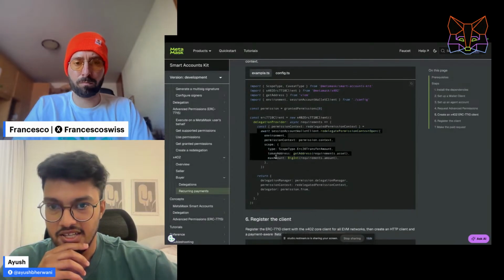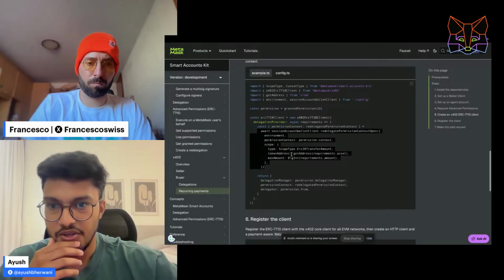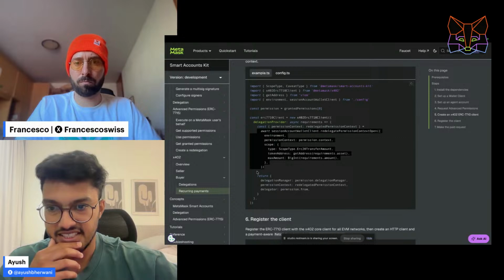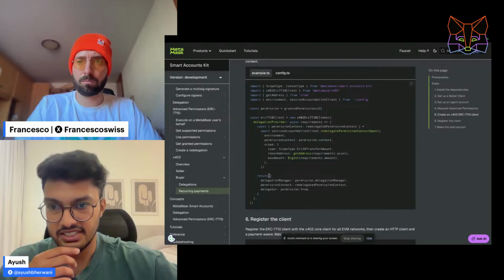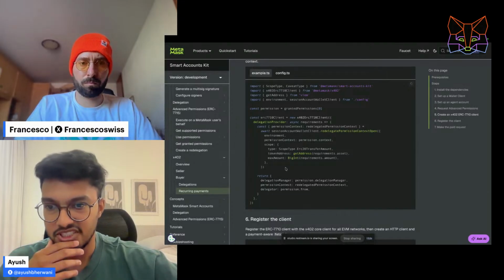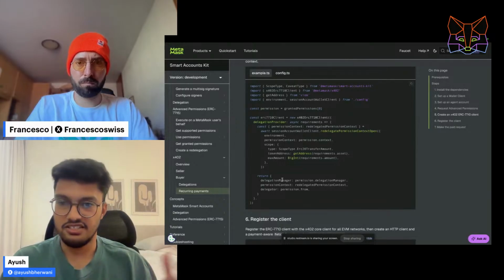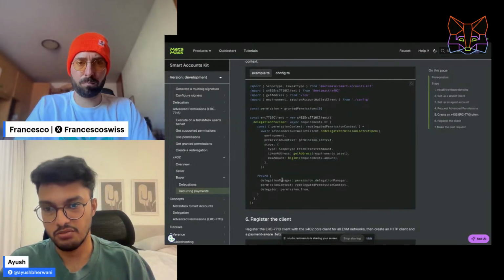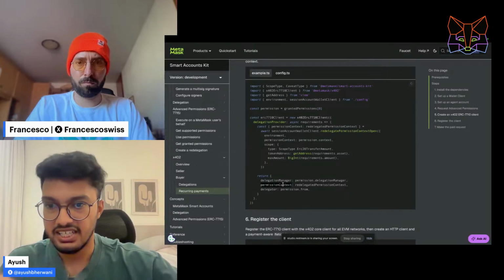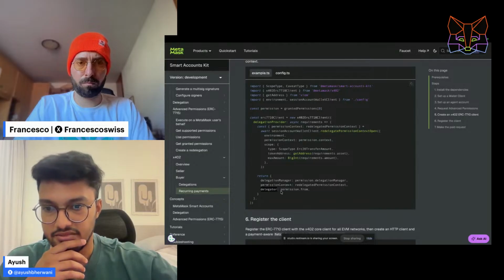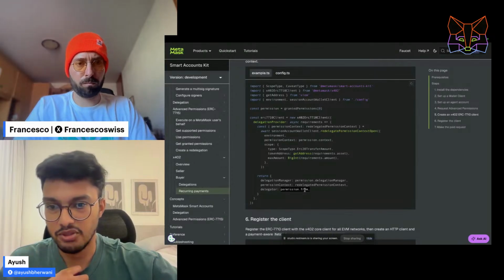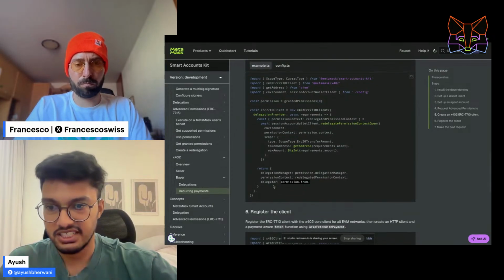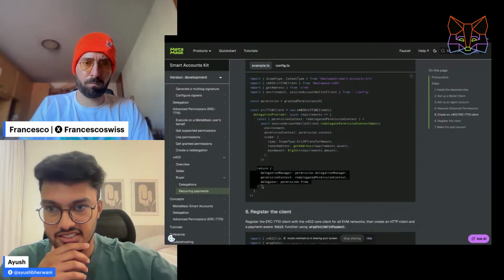Once you have the redelegation done, you will get the redelegate permission context and return this. So the x402 time payment load requires three properties, the first of which is the delegation manager. The delegation manager is responsible for redeeming those permissions on chain. The permission context is the permission that has been used for the 7710, and the delegator. This delegator is the root delegator, the one who has given this permission. So that is the delegator, and we are returning this back.